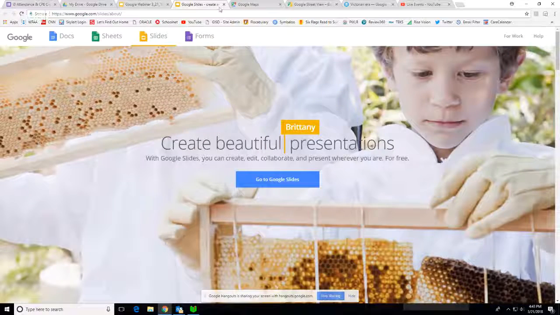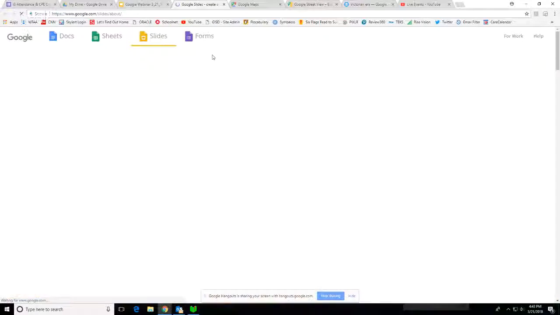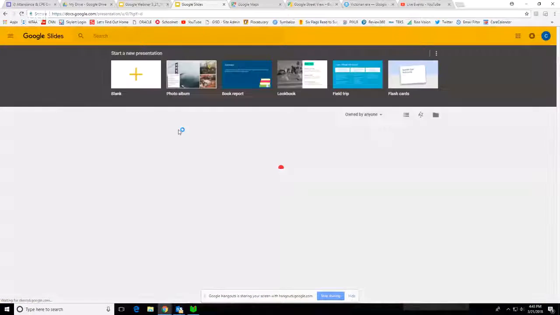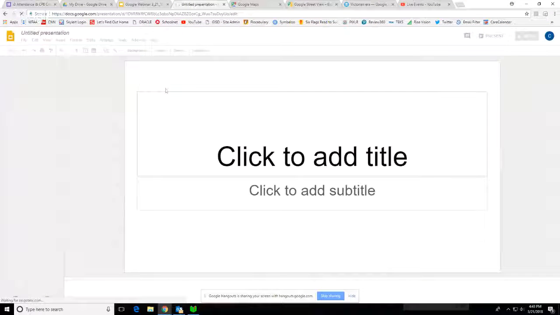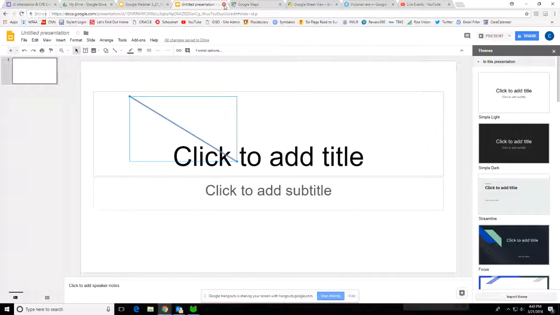Okay, and if you go into that, it's going to give you some options for Google Draw because you could do this in slides or sheets. Slides might be a little bit easier just because it's one that we're kind of used to seeing. Here we go. And you've got your shapes up here, your lines that you can draw. I'm not going to do that necessarily because it would take too long for me to actually make anything that was worth looking at. But you get the idea that just like in Word and in other documents, you do have the options to make shapes and lines and things like that so that you can actually create some different